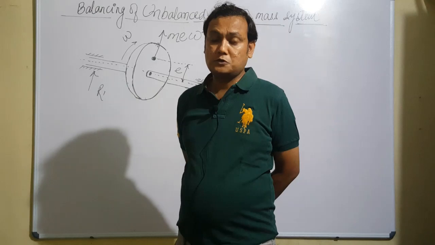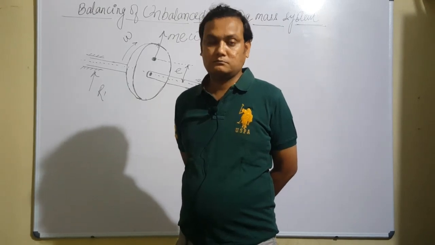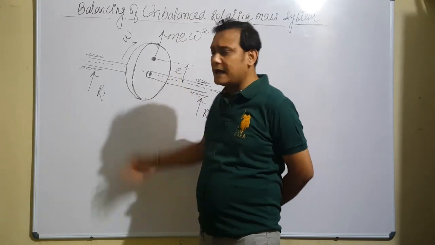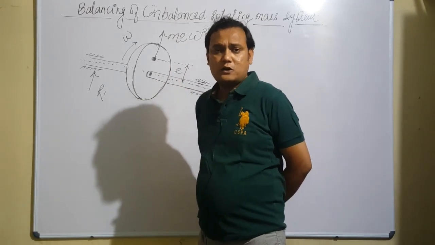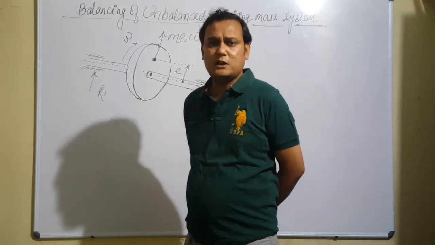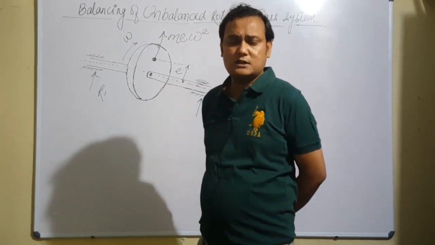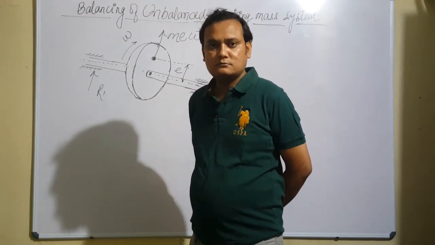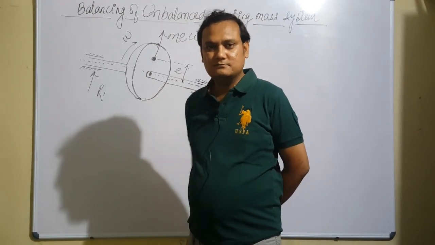But yes, you will not be able to run the turbine. Immediately, this kind of unbalanced system you cannot run at the speed of 3000 RPM. Immediately, it will trip. The control system will not allow you to run the turbine. All the steam will dump directly to the condenser. Trip of the power plant.